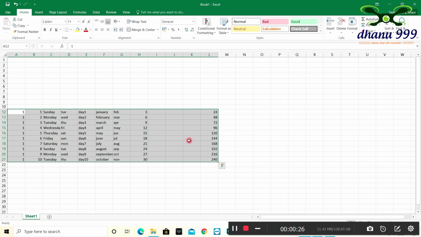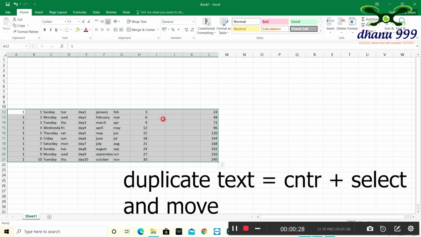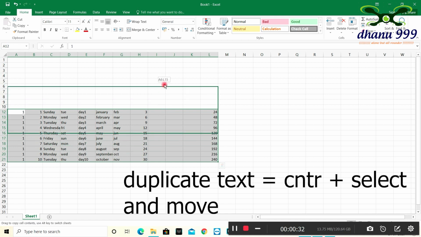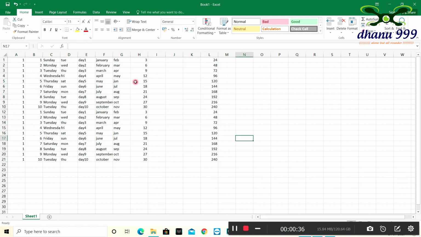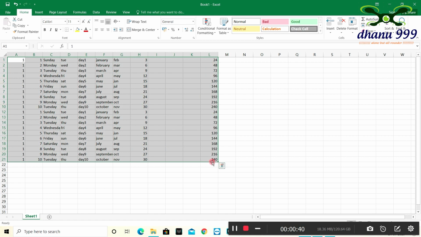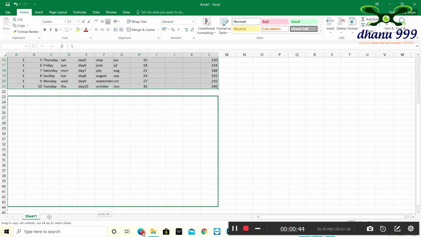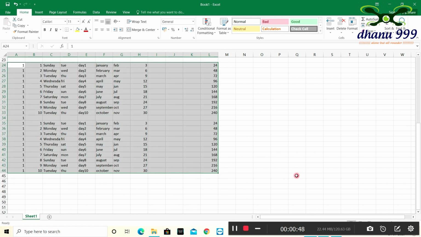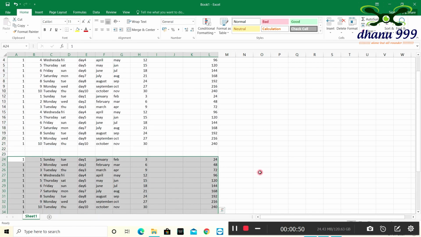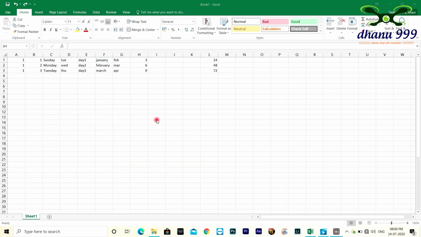If I need to copy or duplicate this, I need to press Control and drag it to the top. See here, everything has been duplicated, and I will do the same again. Press Control and just drag. See here, again it came. Like this we can duplicate.